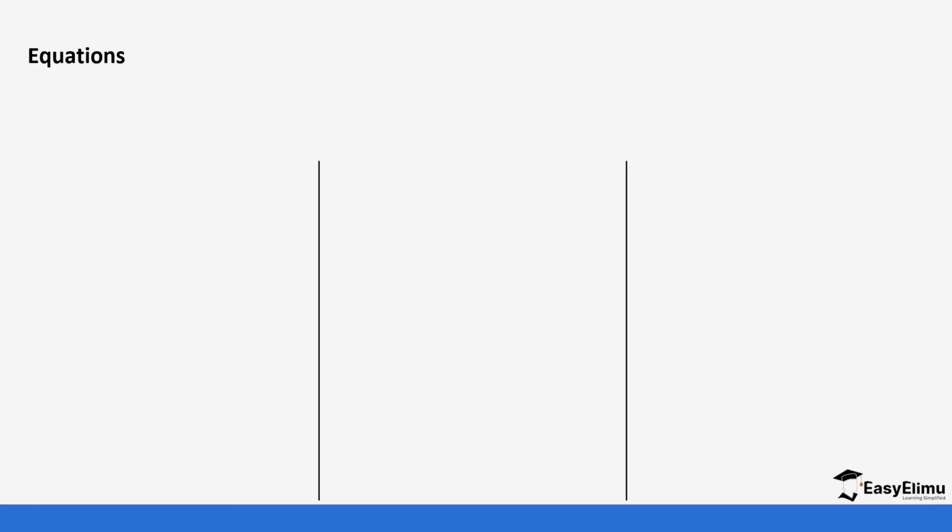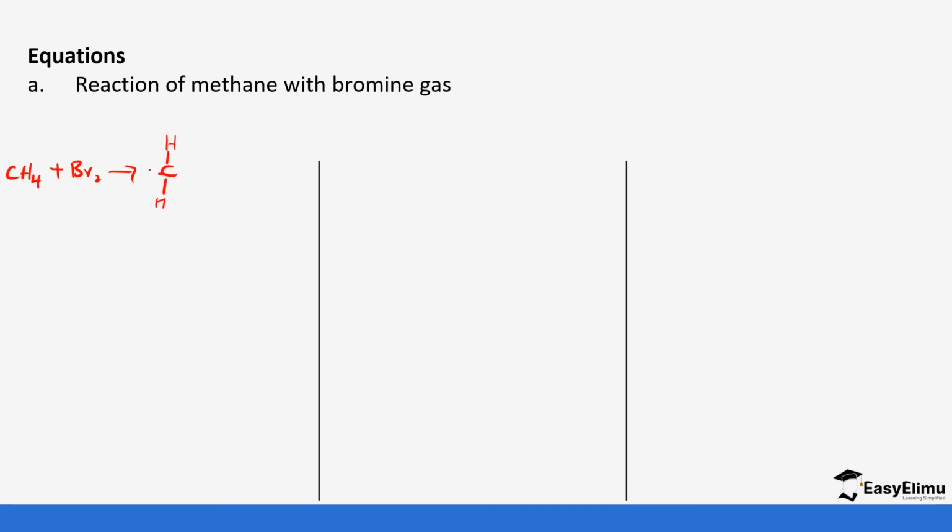So let's look at an example. The reaction of methane with bromine gas. So it's going to be CH4 plus bromine. So bromine is going to be replaced. We can open it up or we just condense it to form bromine and hydrogen bromide. So this can go on and on and on. So this